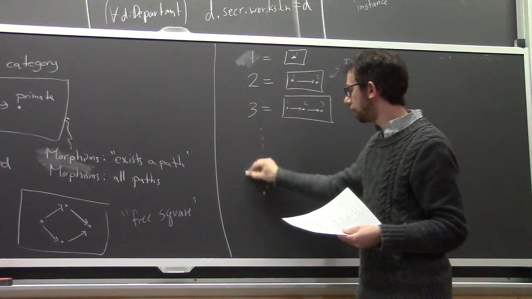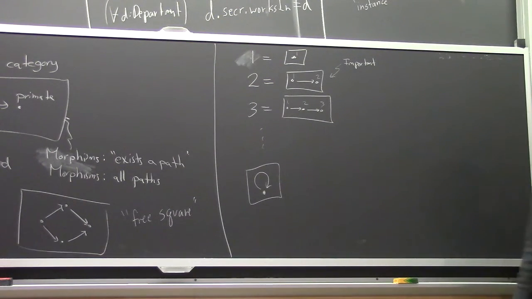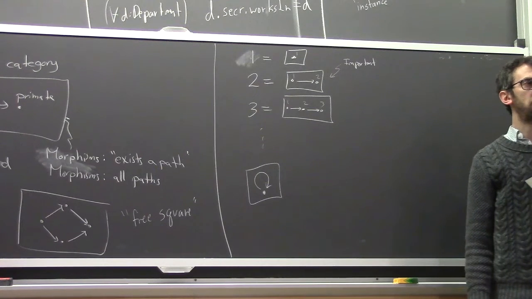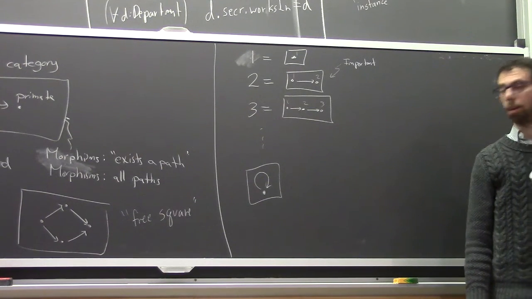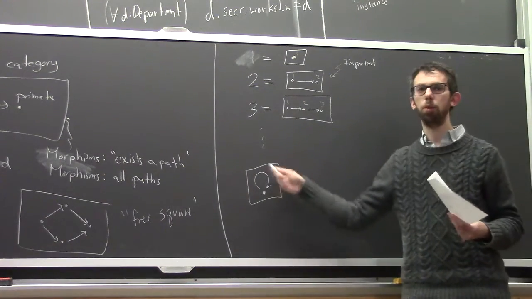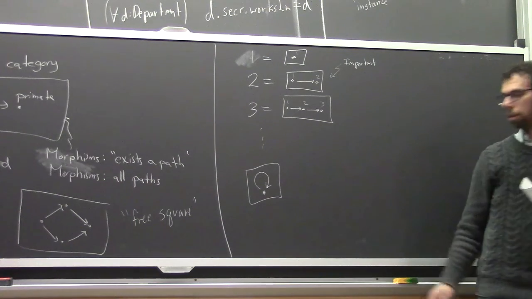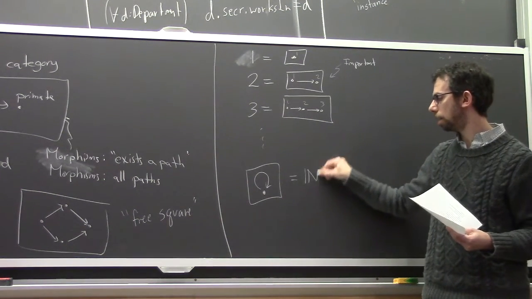What are all the paths in this? What is this category representing? How many morphisms are there in this category? There are infinitely many. There's one for every natural number, the number of times you go around this loop. No times, 1 time, 2 times, etc. And so this could be called a monoid.